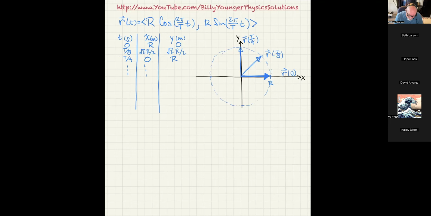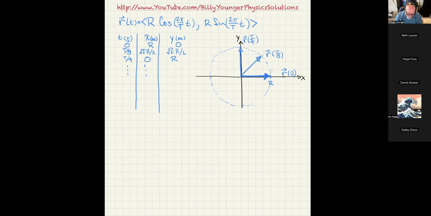So what I've done here is I've evaluated, for each time t, exactly what the x component of that vector would be, x in meters. I'm saying x of m, but it's not really x of m like a function, it's x measured in meters. Just like the t is not t of s, it's t measured in seconds, and the y is y measured in meters. Again, symbolically. So at t equals 0 seconds, you know that the cosine of 0 is 1,